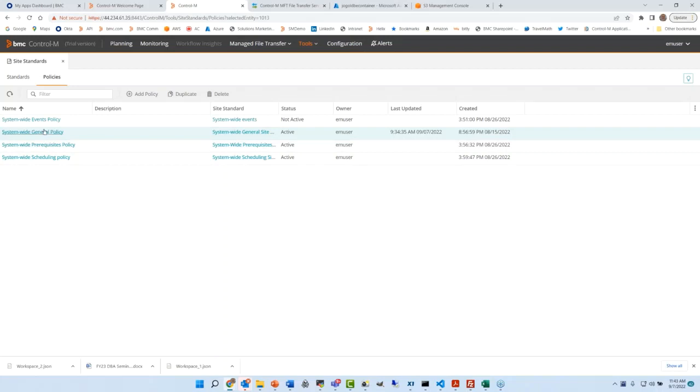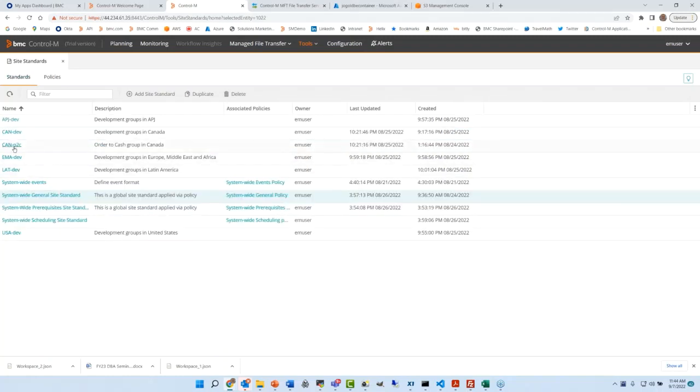So I have a policy for the general section of a job definition, like job name and what you're executing, descriptions, and so forth. I have a policy for the prerequisite section, for the scheduling section. And you can break these down so that things that are common, perhaps for all or most of your jobs, you can specify very easily via a policy. Those things that might be very specific to a group, you can still specify in group-specific policies,